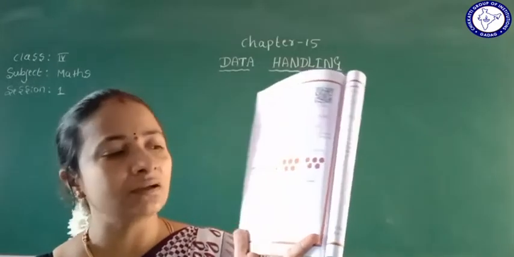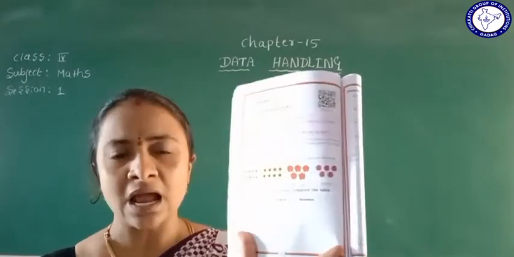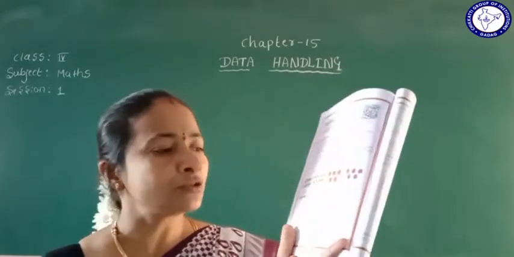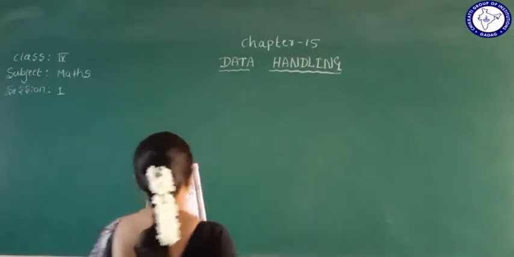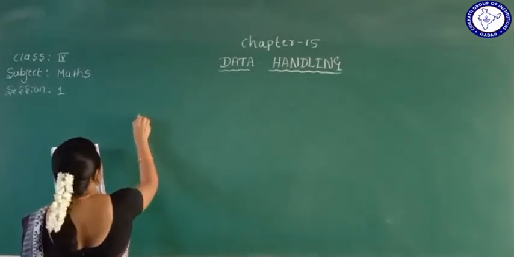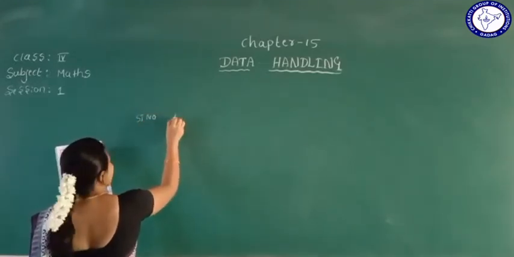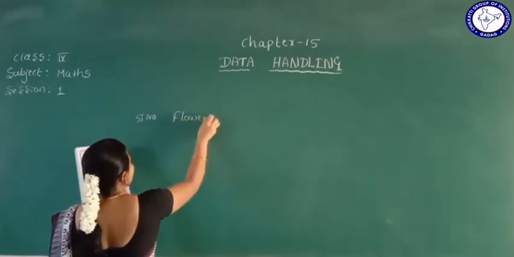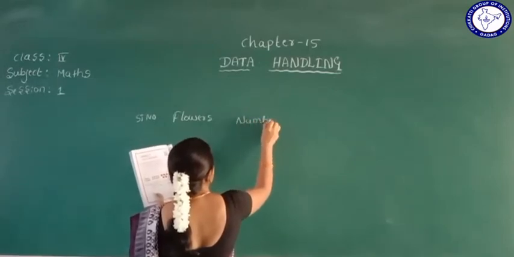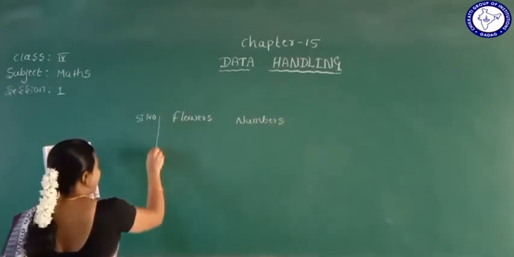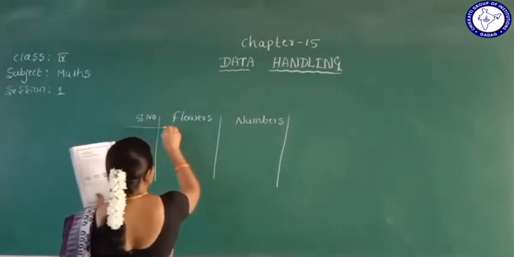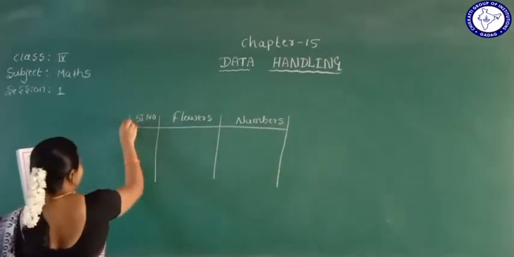So what will we write here? We will count how many roses are there and write how many flowers in total. There are 4 different types of flowers. So we will count and write in the table. Now we will start to complete the chart. Here we mention the serial number and here the flowers. Here the numbers, how many flowers are there. Yes, so this is a chart. In total, how many types of flowers are there here? There are 4 types of flowers.